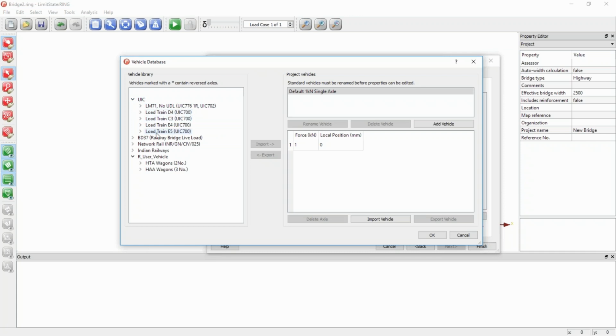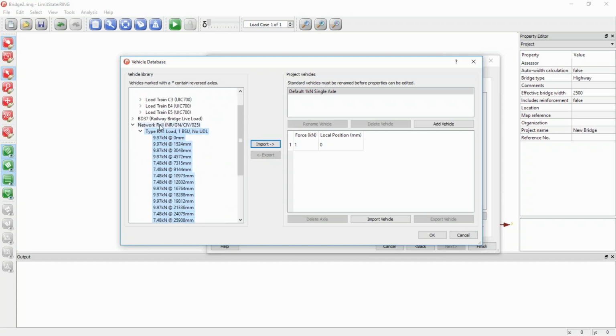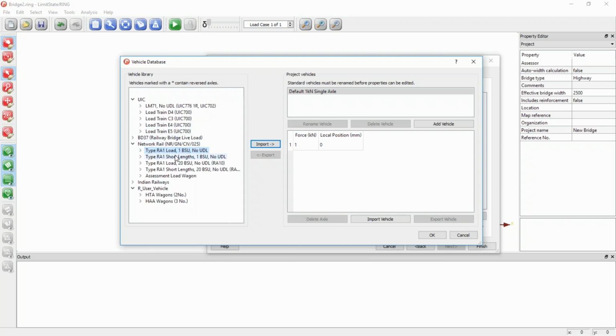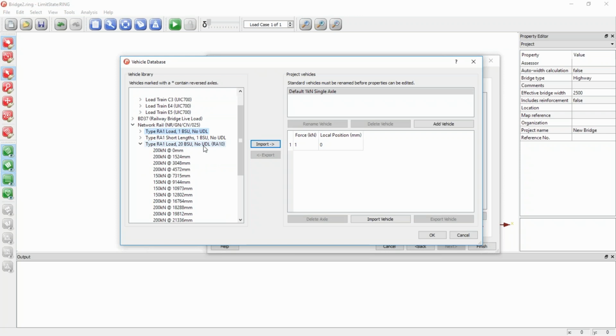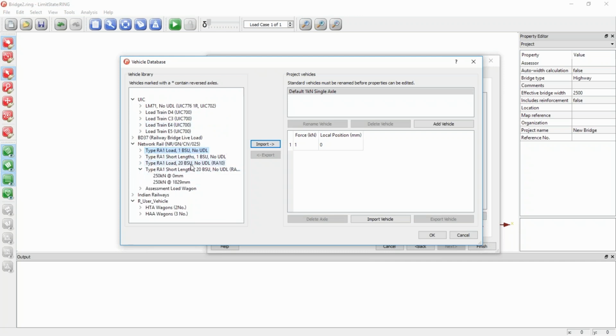For this one, I will, for example, choose a Network Rail loading. You can see actually here we've got various different options. We've got basically a single BSU load pattern and then a more normal 20 BSU load pattern, 20 British Standard Units. But for people who are not familiar with this, it's really just giving you a series of axle loads and spacings. And because we've got a single span bridge, I'll actually choose here the short length option, and I'll put